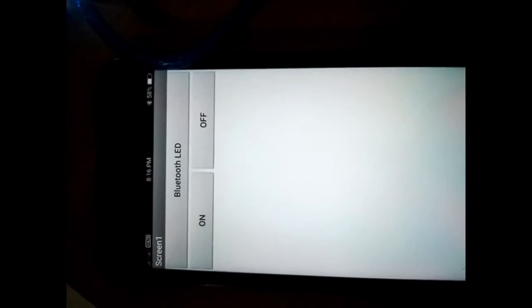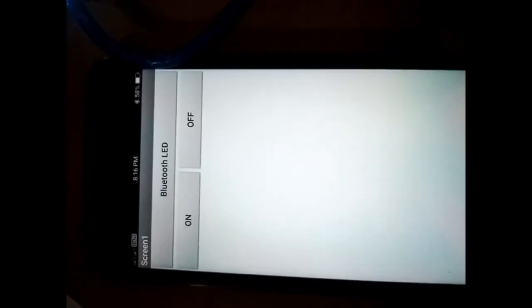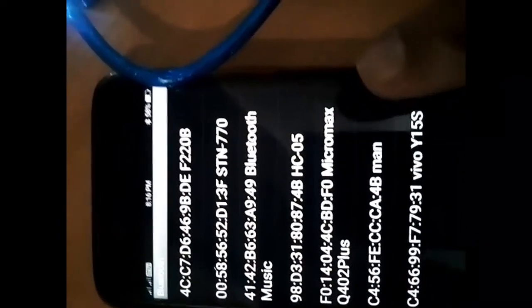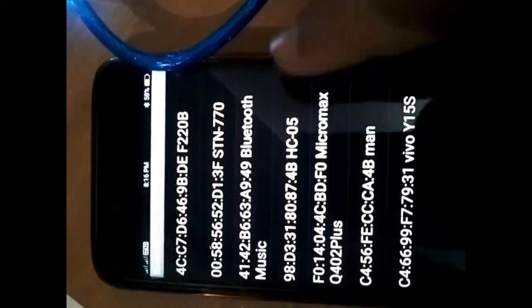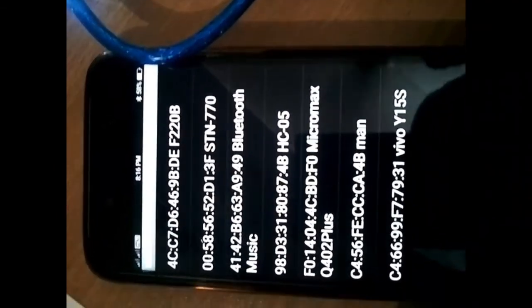Before that, we have to pair our mobile's Bluetooth with this Bluetooth module. The name of the Bluetooth module is HC05. Once you have done with that, you go to the Bluetooth LED app, and here you can see HC05 is the name of the Bluetooth. So you click on that.